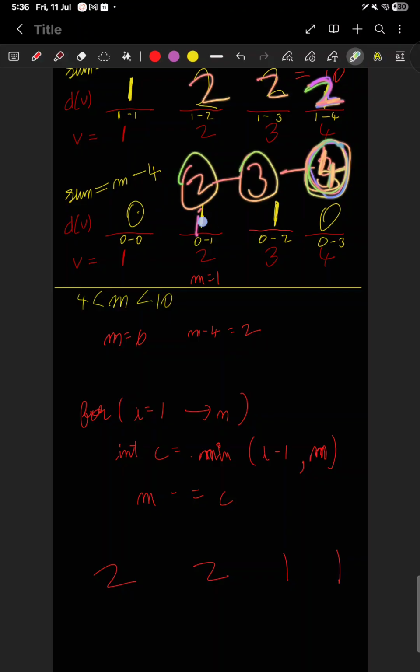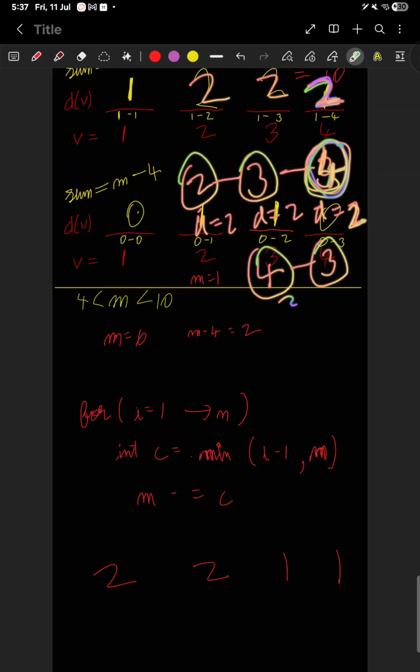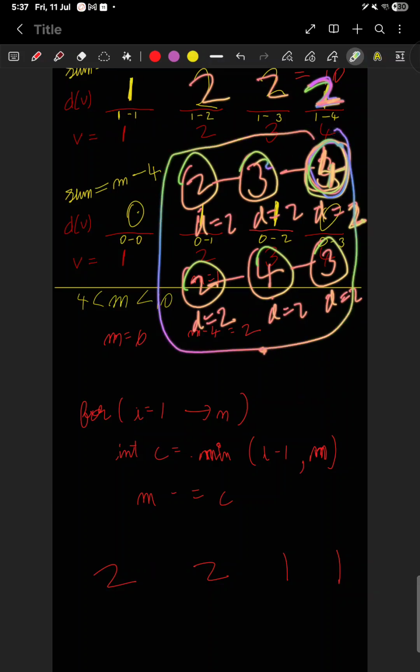So the divineness of this would be 2, of this 2, of this 2. The order of the nodes doesn't matter in the sense that if this was 4, if this was 3, the divineness would still be 2. So the order of these two didn't matter,